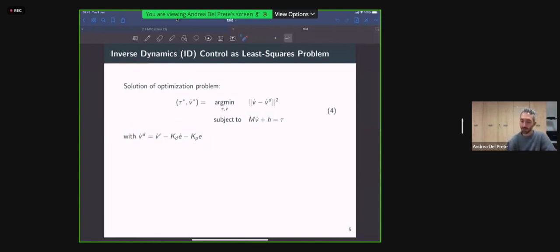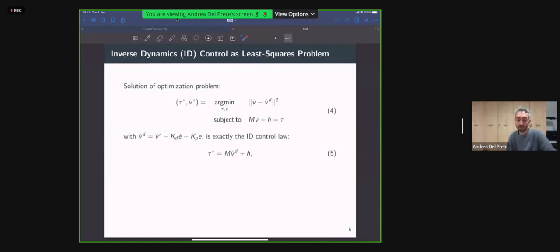And it's quite easy to see that the solution to this minimization problem is exactly the same inverse dynamics control law that we just saw in the previous slide. So you simply compute the optimal torques as M times the desired accelerations plus h.